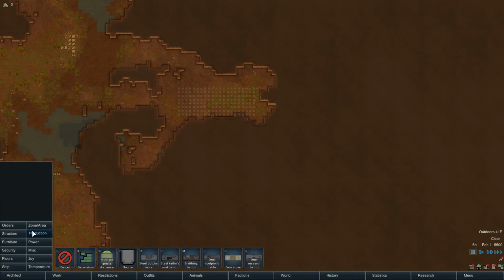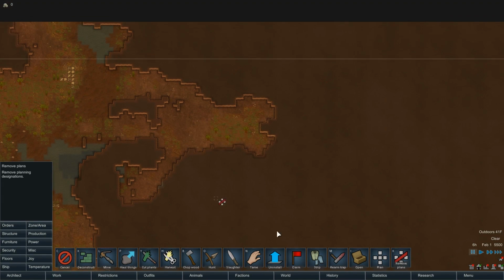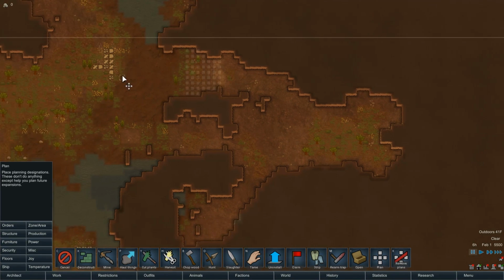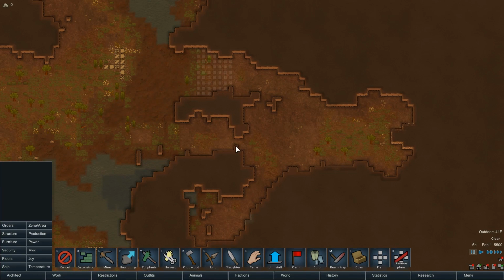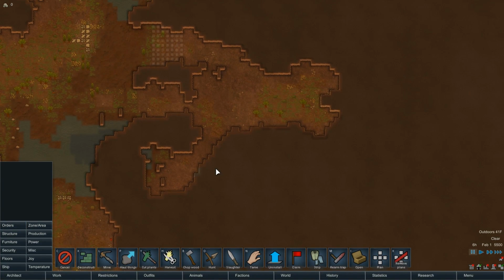First off, we can get rid of those plans. Add these plans. Just so I don't forget, I want to wall the crap out of that and make this my choke point. And what I might do is,